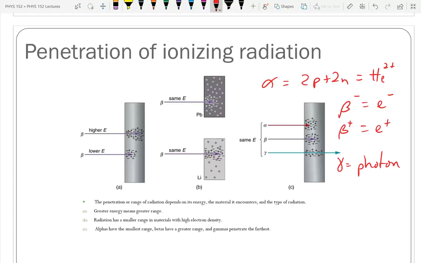So it's not just the electron that comes flying out. There's a neutral particle. It's called a neutrino because it's neutral and tiny. Anti because it's an antiparticle, which we'll talk about, particles and antiparticles, in a later lecture. So that's a beta minus.